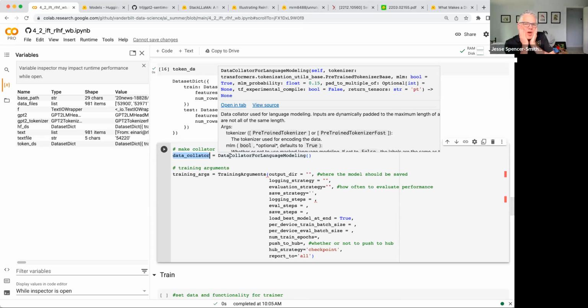Remember, it's not memorizing, right? It could be learning the concepts, and the question of whether or not individual information gets in there is a separate question. If you're training on sensitive data, you absolutely do need to run tests to see if you can re-identify, for example, patient information. This is always a huge problem.